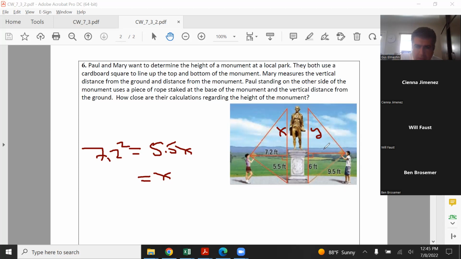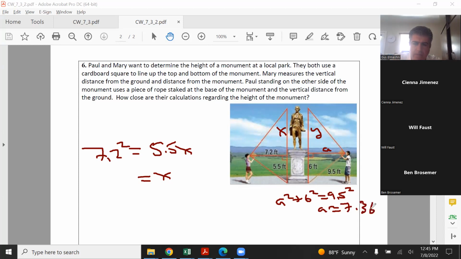I would do Pythagorean theorem to get this side first. If I do that, yeah, I think I get